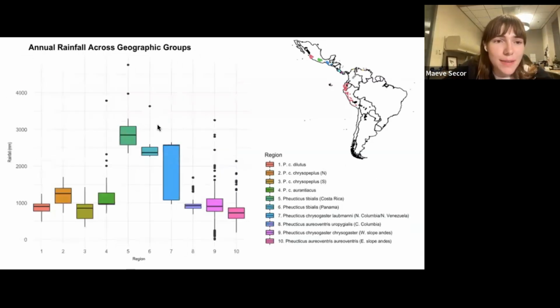And then just moving along, because I'm running out of time, we have annual rainfall across geographic groups. And so we can see that rainfall has an almost normal distribution from north to south, with the groups occupying regions with the highest amount of rainfall being this tibialis group in Costa Rica and Panama, and then the Labmani subspecies of the golden grosbeak that's in the northernmost tip of South America. So this species here,